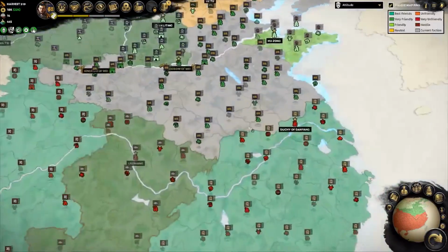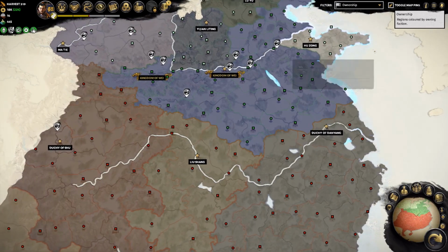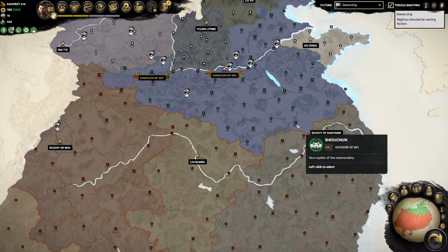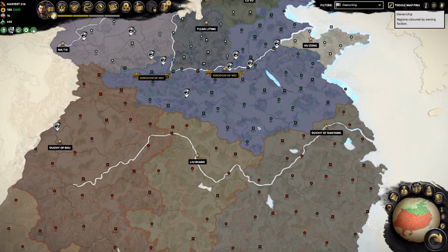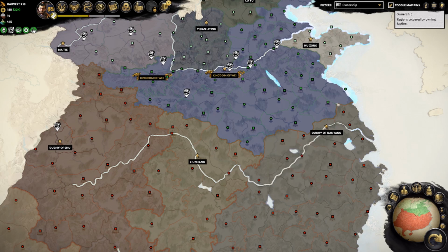And basically the plan is as follows. We're gonna try to defend over here at the Duchy of Danyang. Create a border here where we're gonna have an army in Huaiyin, as well as Shu-han, and probably also one here in Wurian as well. These 3 settlements here, we're gonna have defensive garrisons, just protecting our border here,